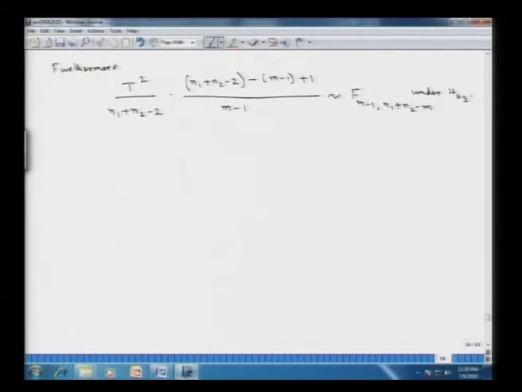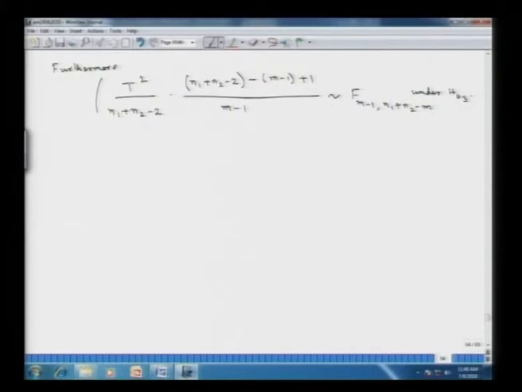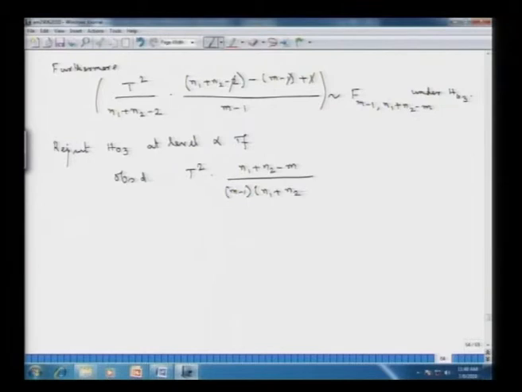Now, under the alternate hypothesis this statistic will still have an F distribution, but it will be a non-central F distribution. Since we have the null distribution of this statistic as an F distribution, we have the testing procedure that we will reject H naught 3 at level alpha. The terms n1 minus 1 and n2 minus 2 cancel out, so we reject if the observed value of T square multiplied by n1 plus n2 minus m, divided by m minus 1 into n1 plus n2 minus 2,